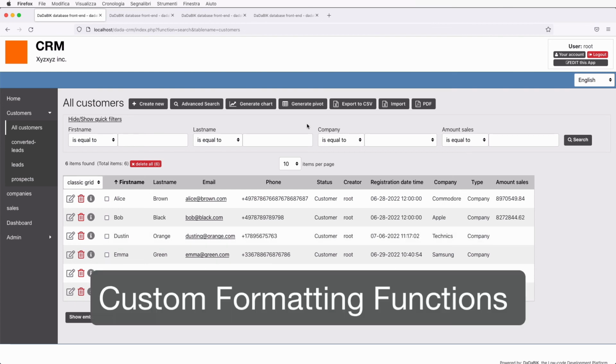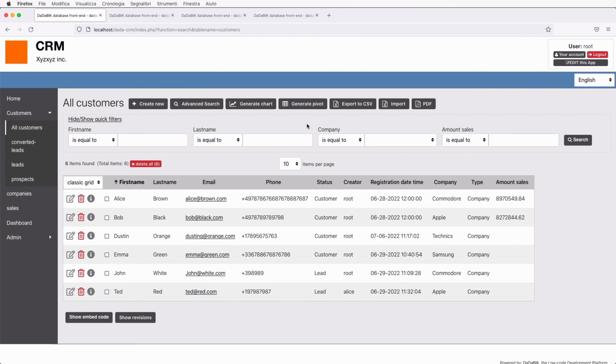Next topic is custom formatting functions. When you want to display your data in a particular way, you can use custom formatting functions. It could be something very simple, like changing the default color. For example, always display the amount sales field in red, or something very complicated.